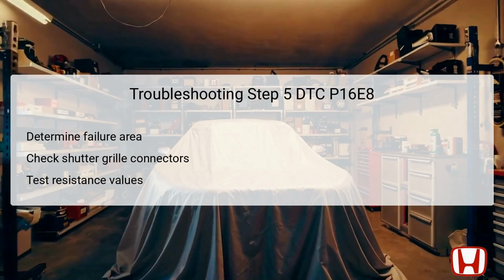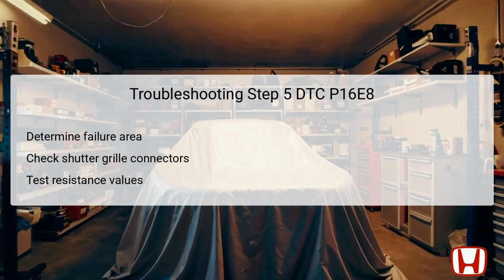A resistance reading of 1 megaohm or more is necessary for the system to be deemed functionally sound. If it does not meet this criterion, further investigation into potential shorted wires or other faults must ensue. This step is vital in identifying if the issue lies specifically within the shutter grille or if it extends to